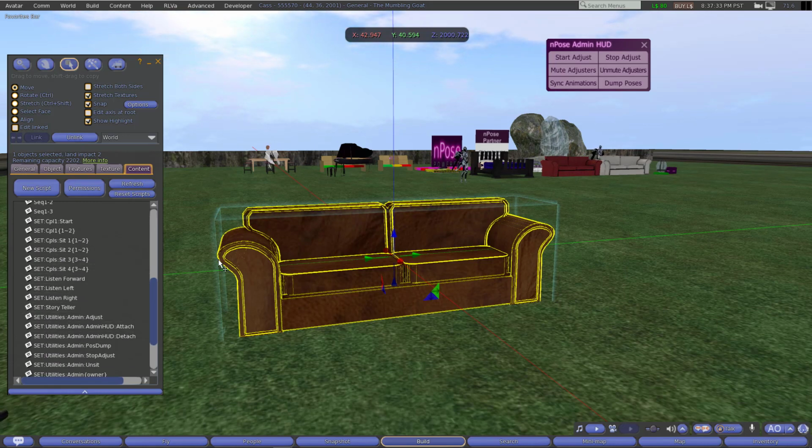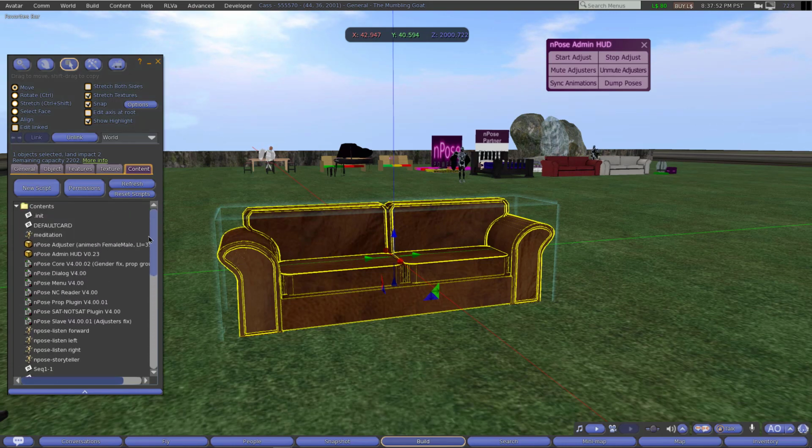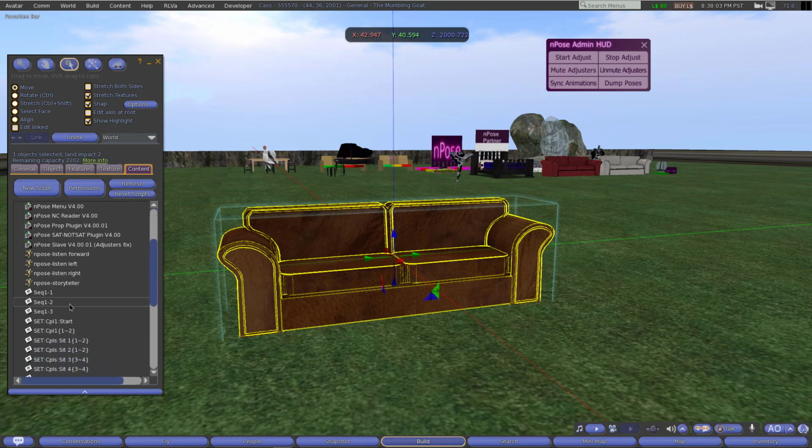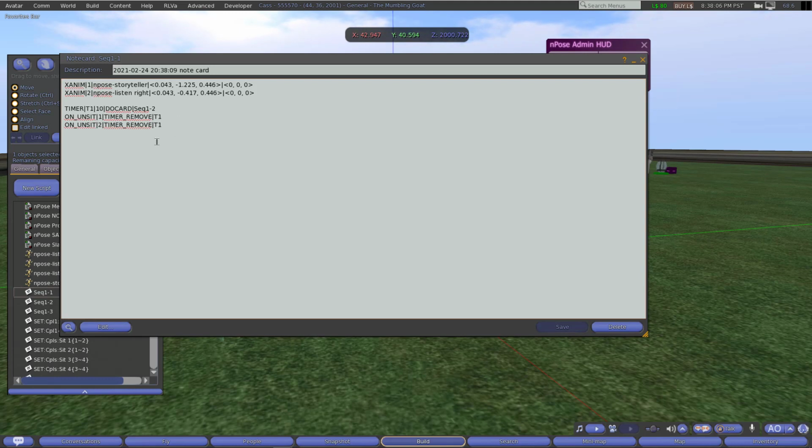When you go to adjust something, you know it's going to take a long time, probably 5 minutes in some cases, 10 minutes in others, depending on the amount of lag in the sim, your network connection, and just how many things are in the contents. That slows down populating this edit window. So anytime you go to change one of these animations for whatever reason, add a space here, take it away, whatever you're doing, and save,